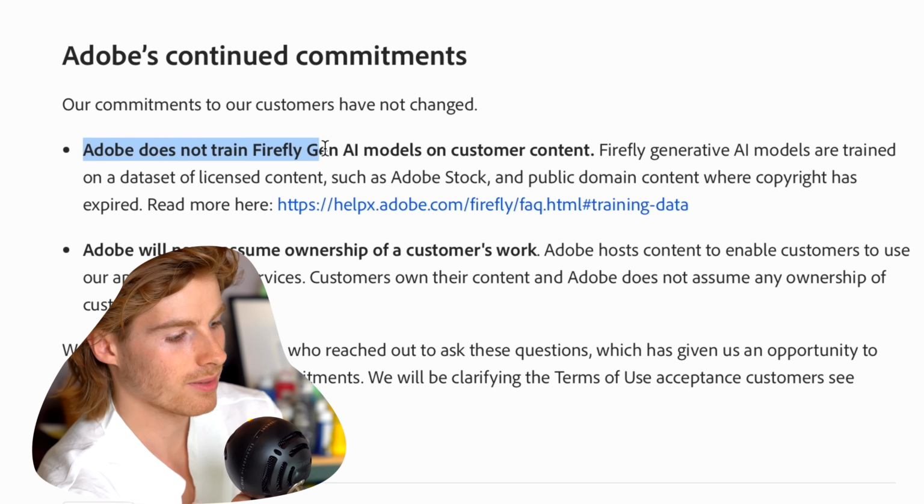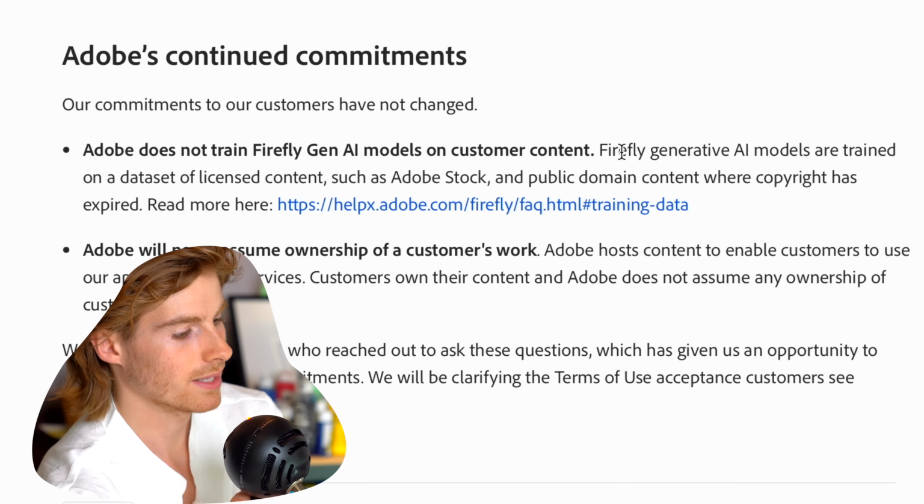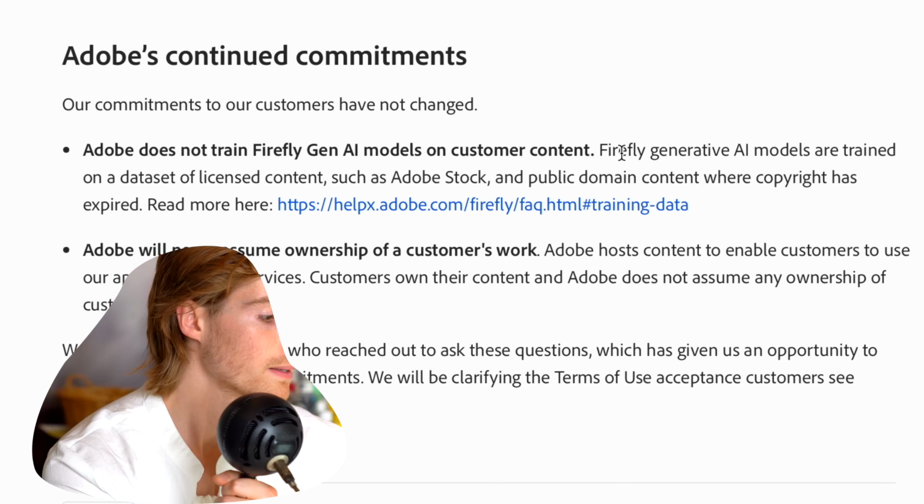Now, it's important for me to be clear. I want to pull this up. Adobe released a clarification statement saying that their terms of service aren't about AI. Adobe does not train Firefly, their AI app, on customer content. So it says that nice and big in bold. So if you trust Adobe, then you can rest assured that they are not using your content, like it says in their terms, to train AI. But if you're even a little bit skeptical, their actions kind of speak louder than words, because these new terms clearly state that they're using it for AI. So let's talk about what exactly you can do to stop it.